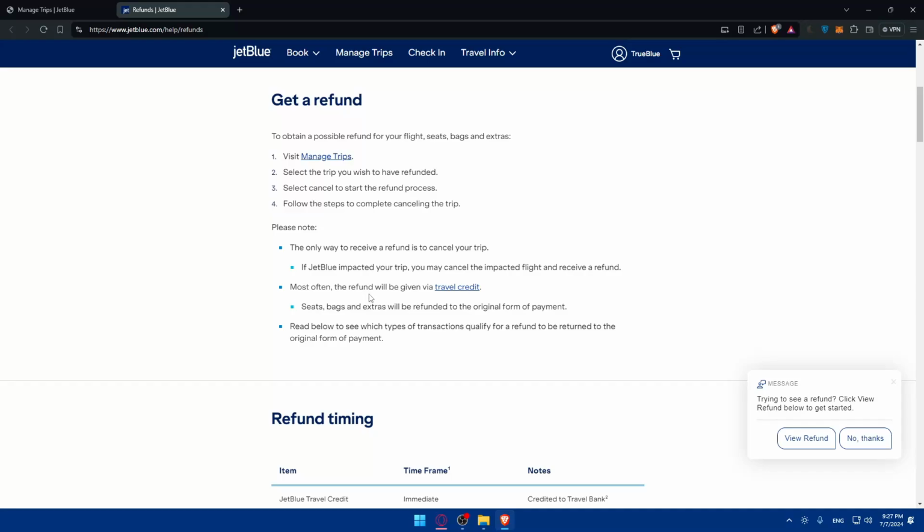Most often, the refund will be given via travel credits. Not always, but just most often. Seats, bags, and extras will be refunded to the original form of payment. And you can read below to see which types of transactions qualify for a refund to be returned to the